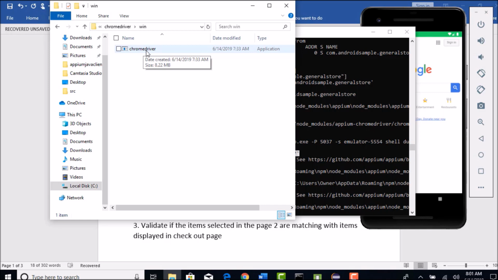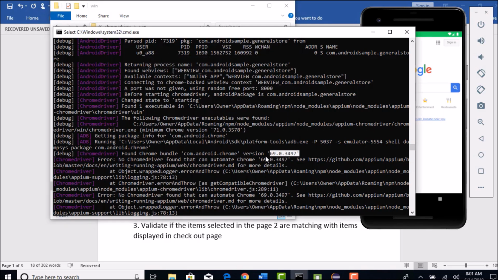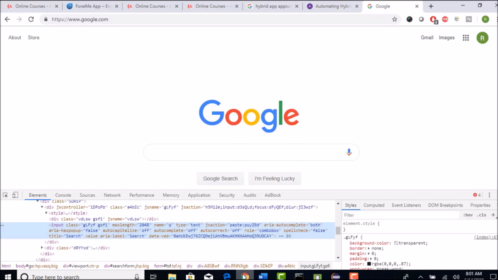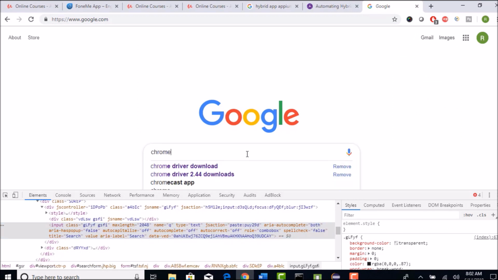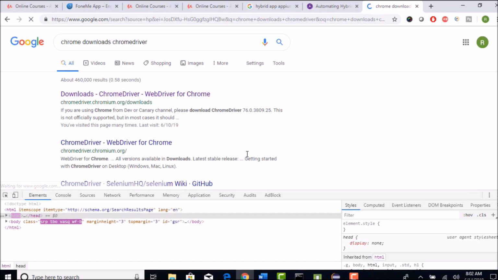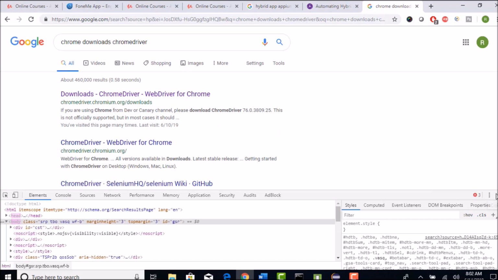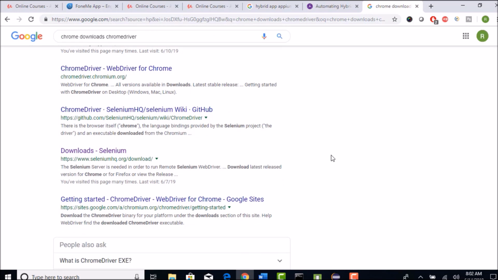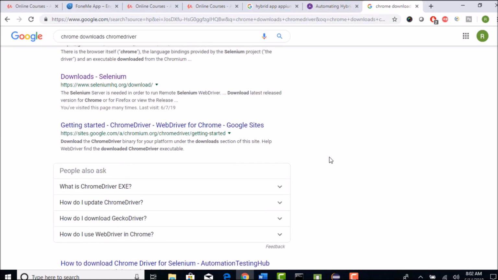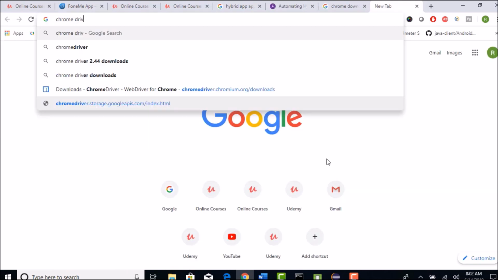So that's the concept. Now let's see what version is available for 69. Chrome downloads, I think you should have Chromedriver. I have one bookmark link, I can show you that. Yeah, this one I guess.